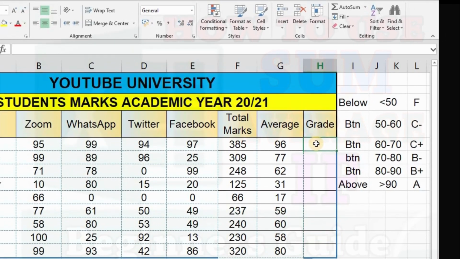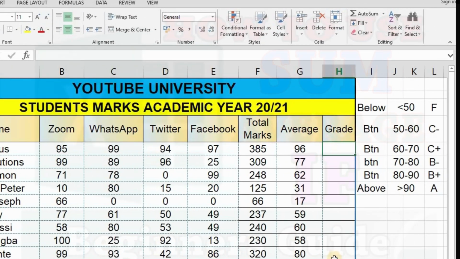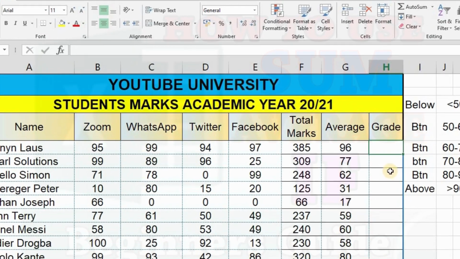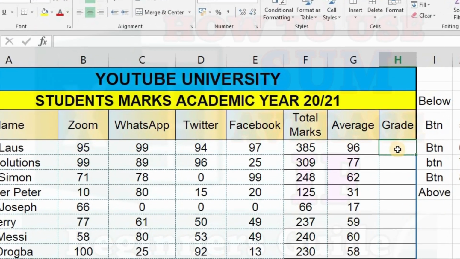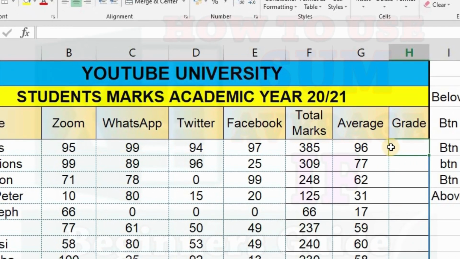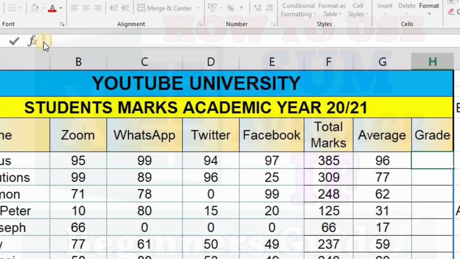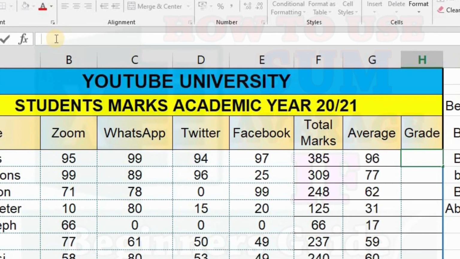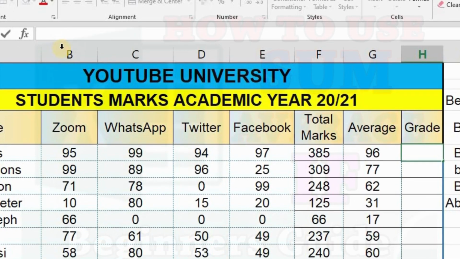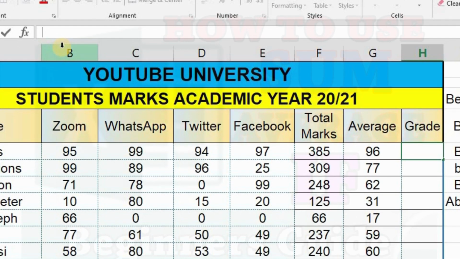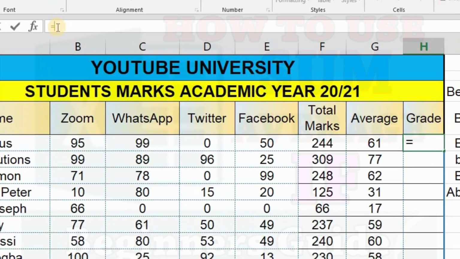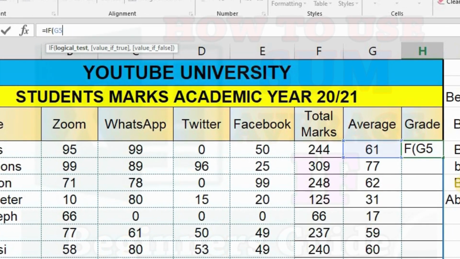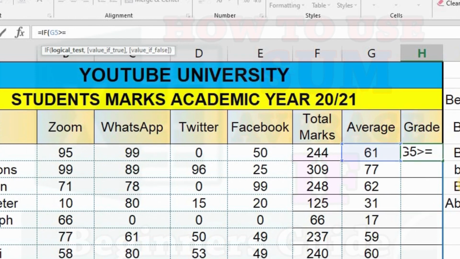So let's see how best we can do that. We're going to calculate for the first one, then we share it by dragging down. That's one advantage with Excel: you can do one thing and the rest just copies. Now, let's get to do that. I wouldn't prefer typing in the cell because it is a long formula. We shall use the formula bar. You see this is a formula bar. Whatever you do here goes up here. Now, let's get started. As I said before, all formulas start with an equals sign. Equals if G5 is greater than or equal to